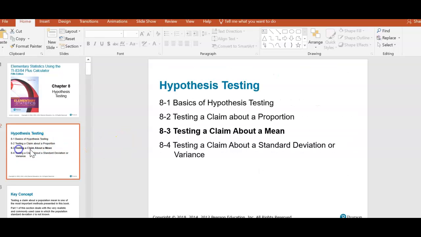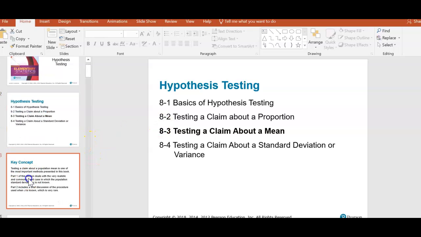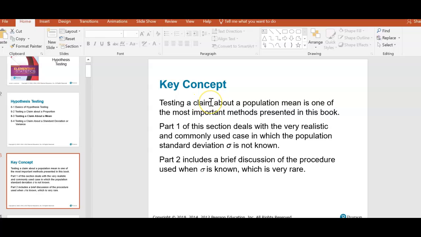Okay, today we are here to talk more about hypothesis testing, this time testing a claim about a mean. This is one of the more important things that we're going to do. It's actually really similar to testing claims about proportions. We are pretty much only going to look at what they're calling part one here, which is the thing that